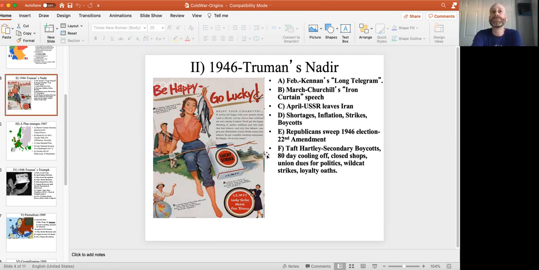Truman was born in Missouri. He served in World War I as an artillery captain, had a great war record, had no formal education, just high school. And he was just known as being a very honest broker and dealer. He owned a haberdashery, that's a hat shop. He went out of business in 1922, he and his business partner. And he knew everyone in town, though, and everybody in town adored him because he was honest, a straight shooter.